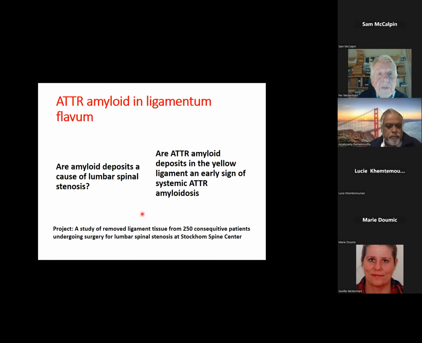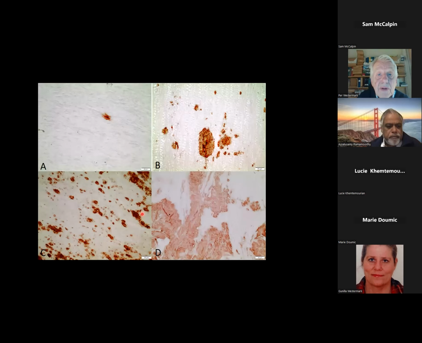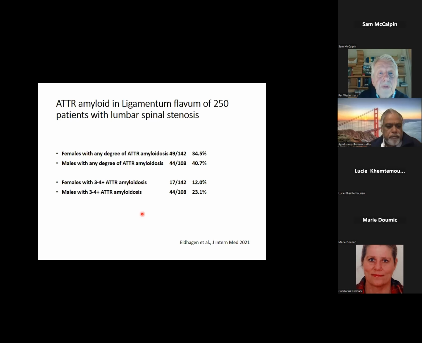So we wondered if this amyloid can be the cause of lumbar spinal stenosis, and perhaps also be an early sign of systemic amyloidosis. So we looked at a big material of 250 patients undergoing